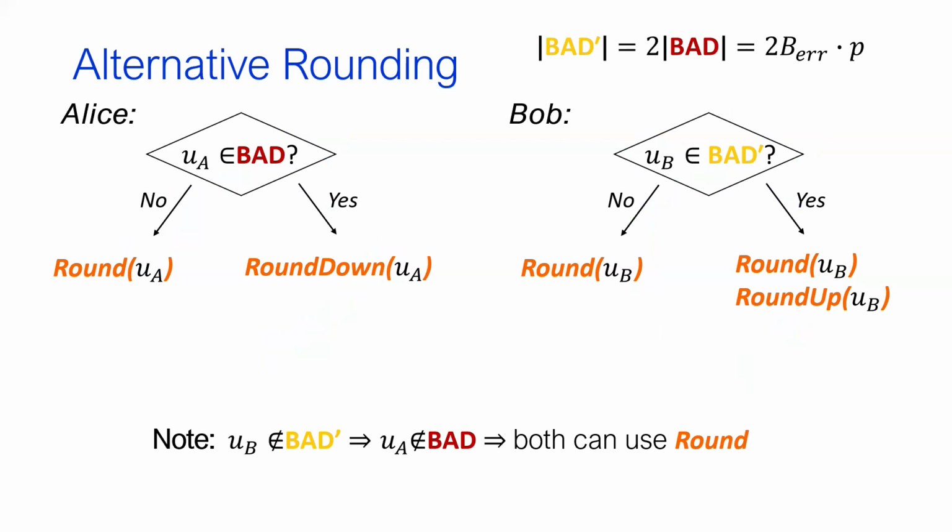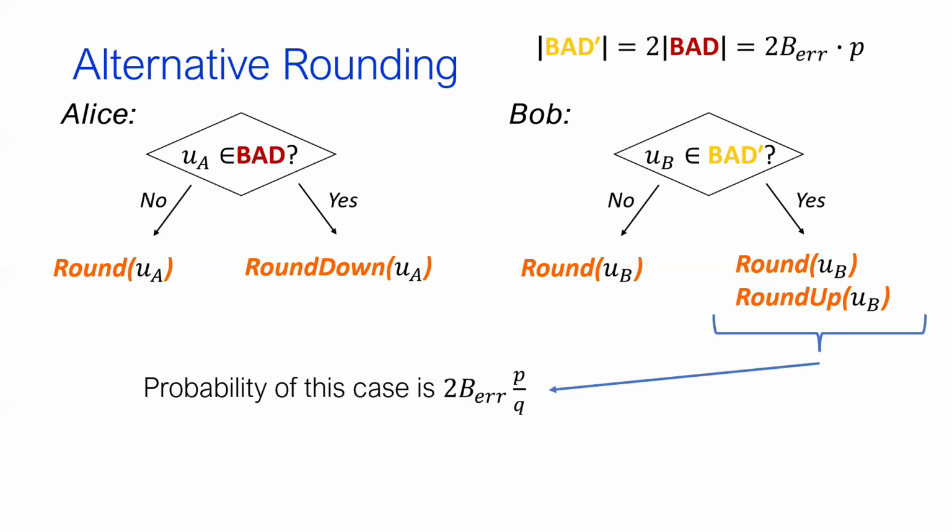But if it is inside the yellow area, then he doesn't know what Alice is doing, so he has to compute both possible values. But we note that the probability of landing in this case where Bob has to do additional computation is given by this expression, which we can make very small while still having better parameters than the